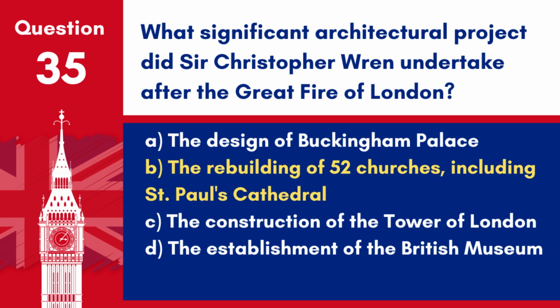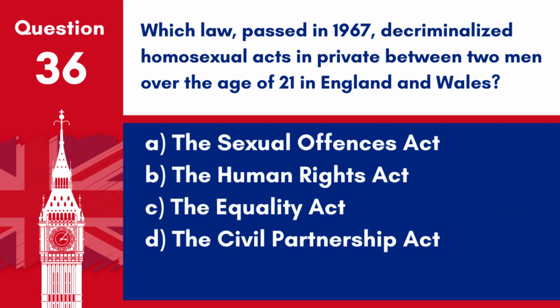Answer: B. The rebuilding of 52 churches, including St. Paul's Cathedral. Sir Christopher Wren undertook the significant project of rebuilding 52 churches, most notably St. Paul's Cathedral, after the Great Fire of London. Question 36. Which law, passed in 1967, decriminalised homosexual acts in private between two men over the age of 21